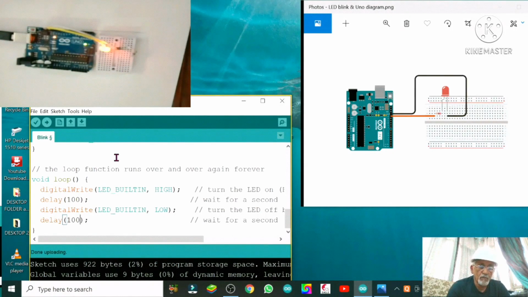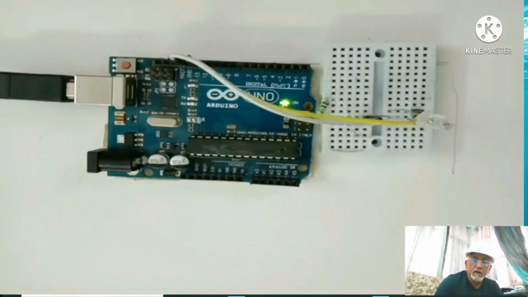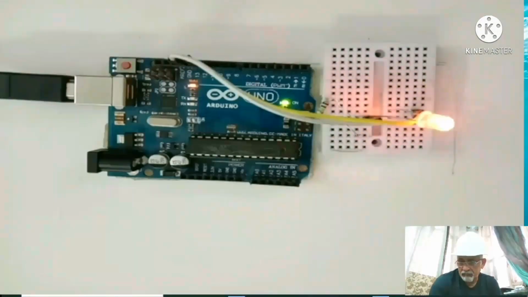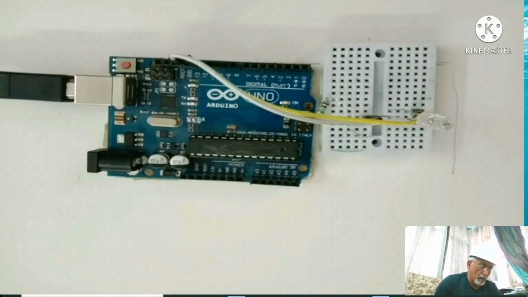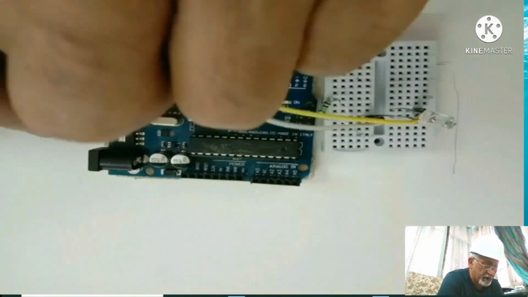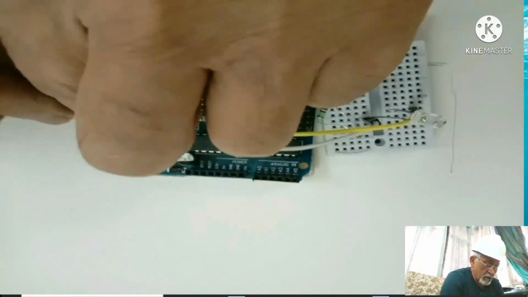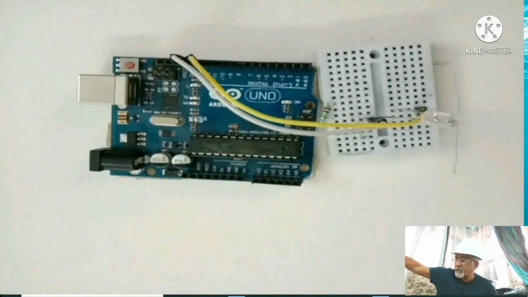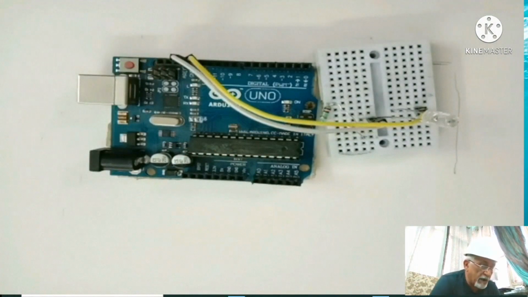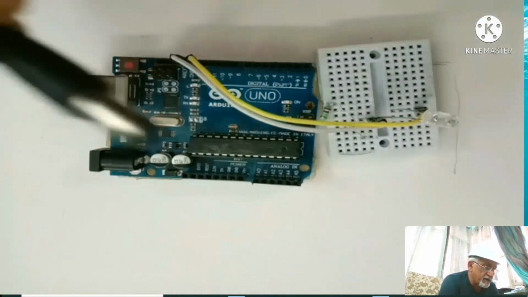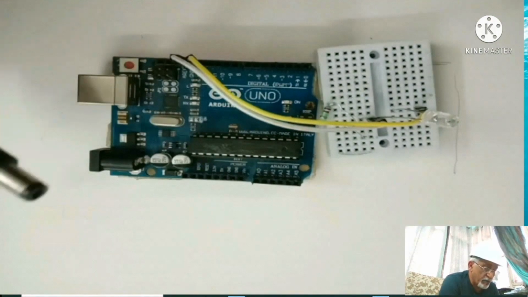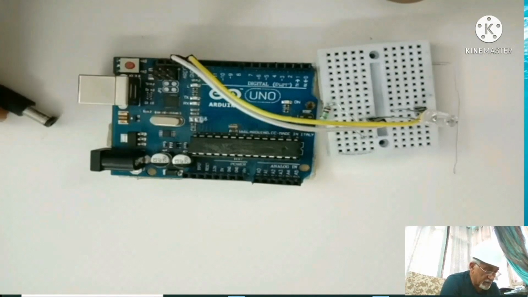So now what will we do? Now I will remove the connection from the computer. Now see, it has stopped working. I have removed the cable from the computer. Now I am giving supply from outside, from my mobile charger.